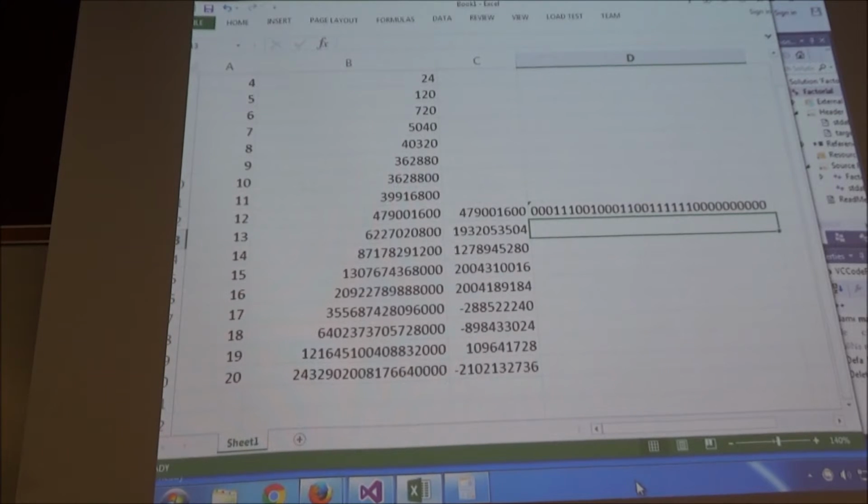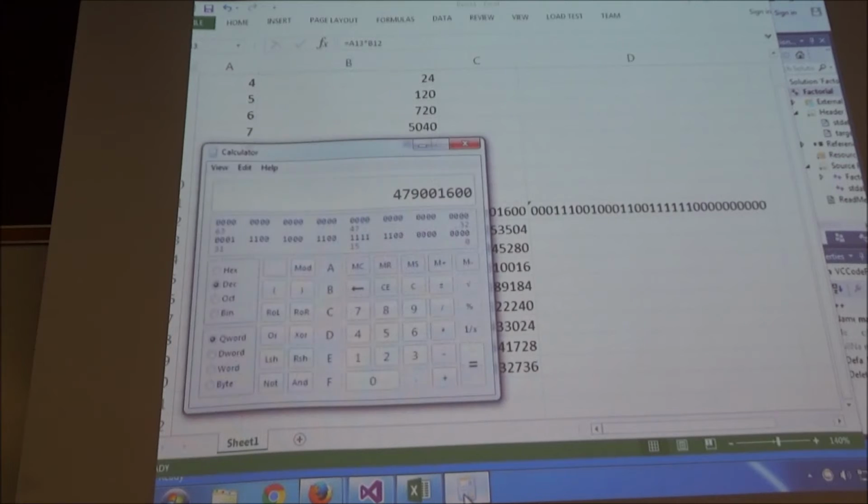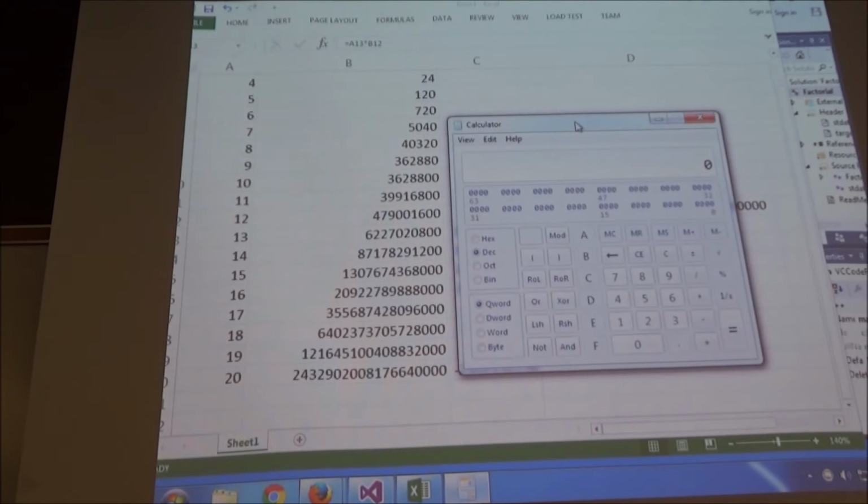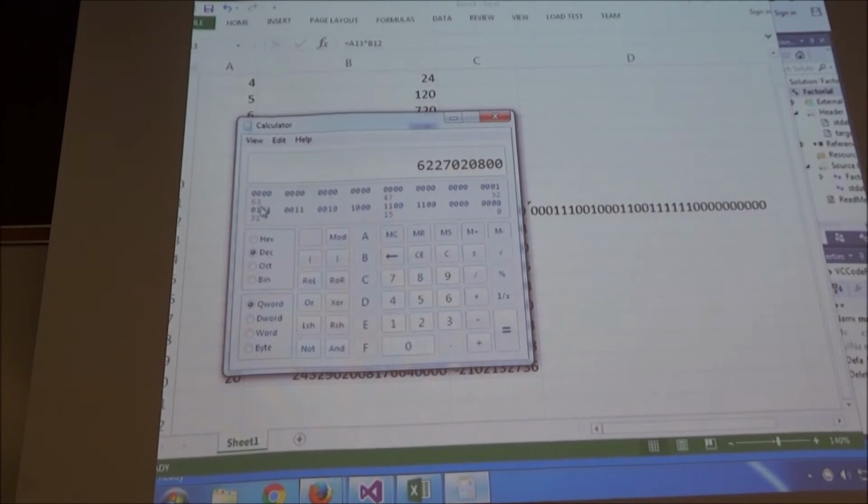That's the binary. Let's look at this number. That number was 6227020800, right? If you look at the binary here,